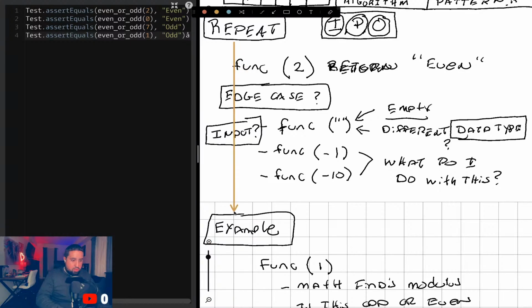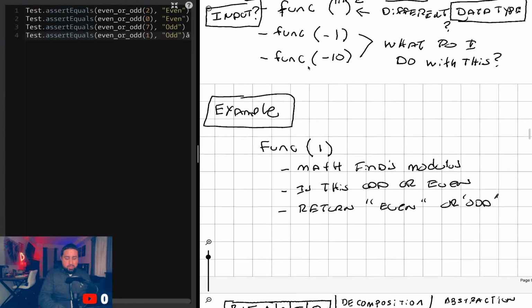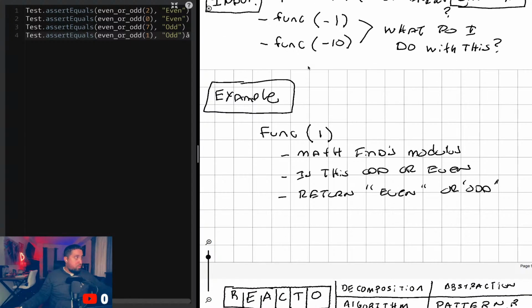So these two kind of go hand in hand, right? When I'm interviewing, typically for the repeat part, I would repeat and speak with the interviewer to get a more defined idea of what to ask for. Then I will give examples. In this part, I kind of did both at the same time, but just for practice's sake, I'm going to separate them, just so that I can define them. Oh, what happened to my time here? My clock. There you go.